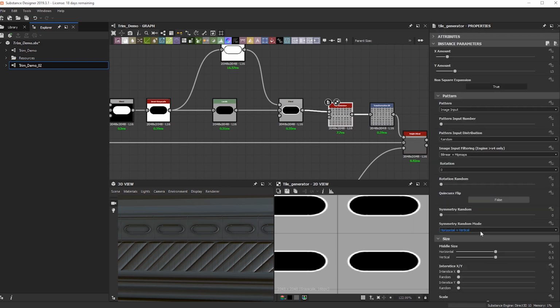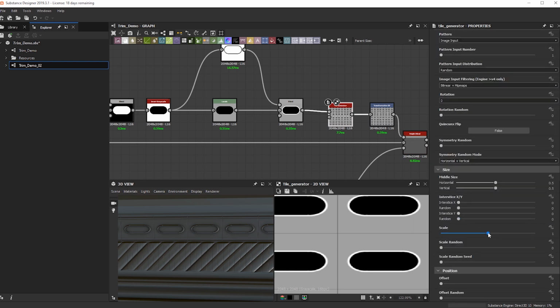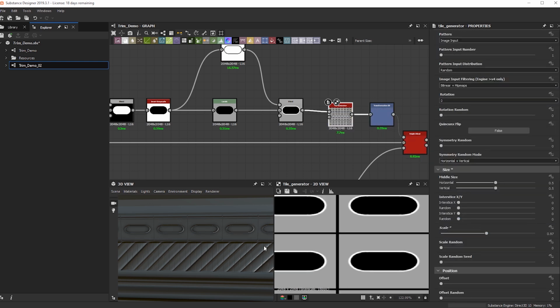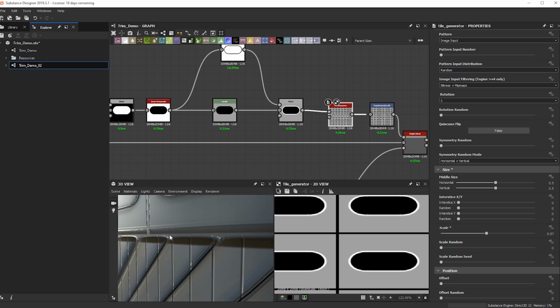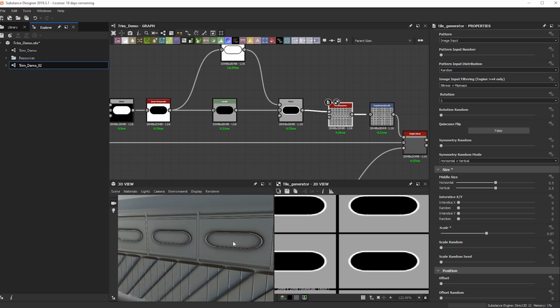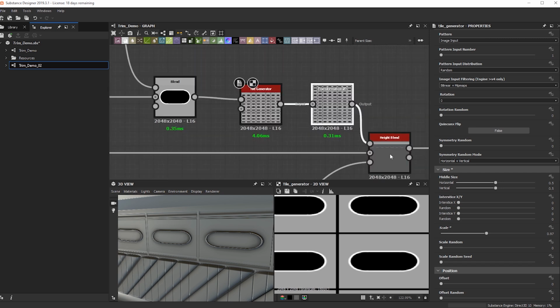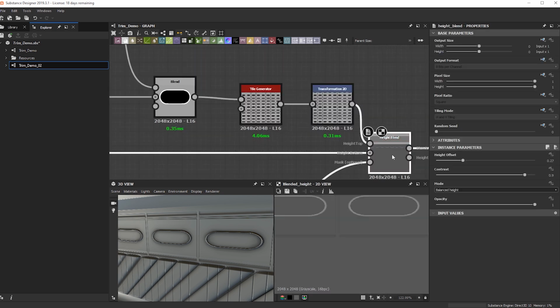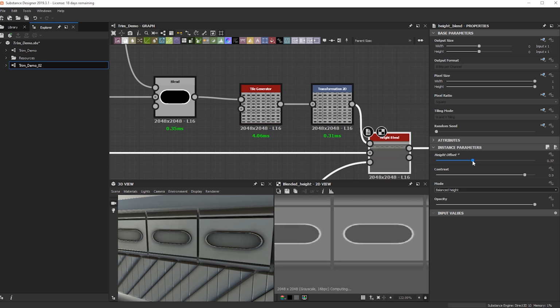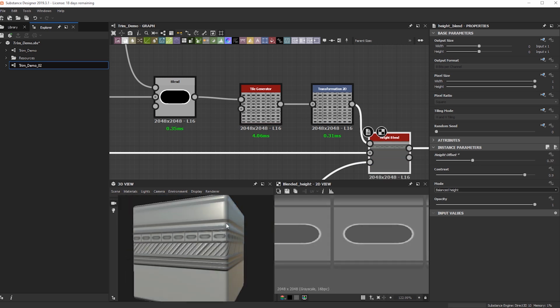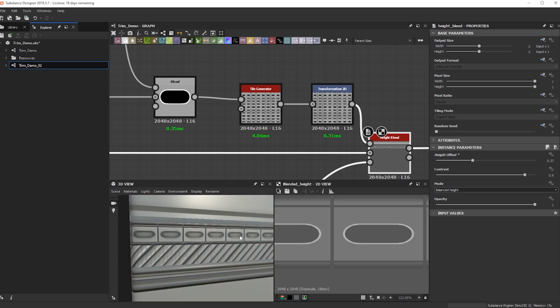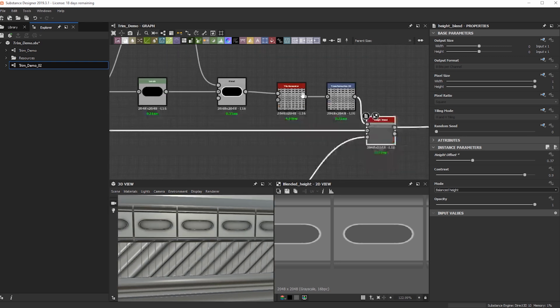The first thing I want to do, though, is try to scale this guy so we could get some more cuts going on here. A little bit more interesting. Maybe we can also mess with the height offset. Cool.